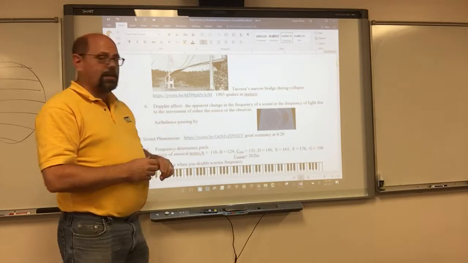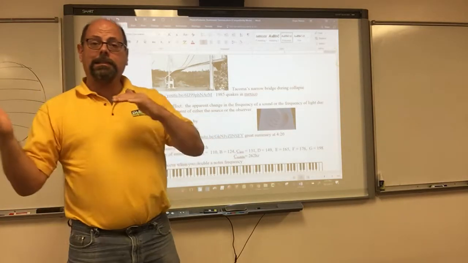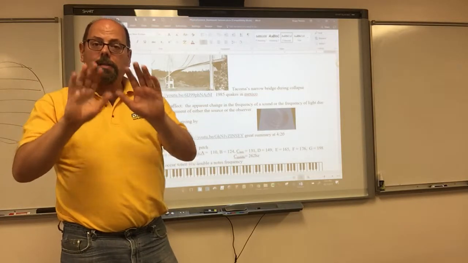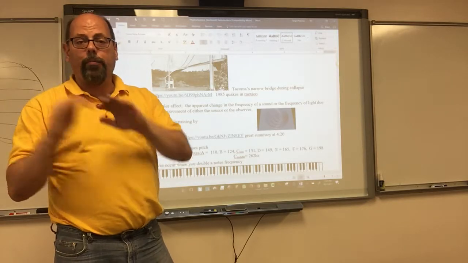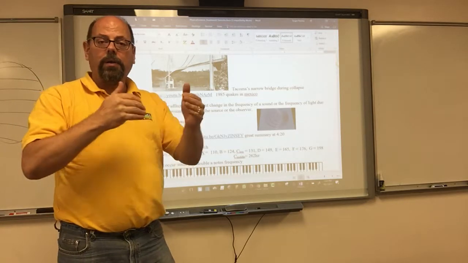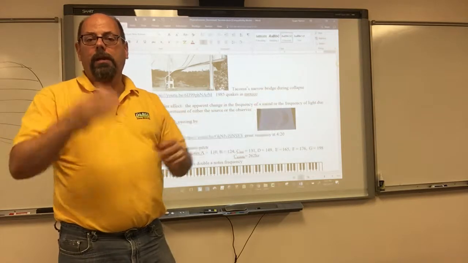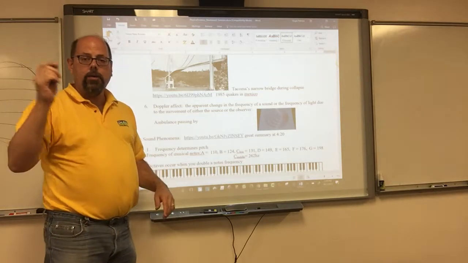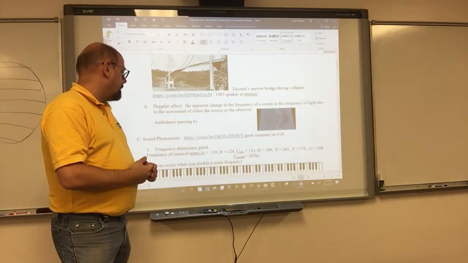Now, you see this all the time if you're a fan of racing. As the cars come by, the sound of their engine is high. As it's coming towards you, it has a higher sound to it because the vibrating engine is making it sound like a higher pitch. And as it passes you, between every wave, it's actually driven further, and so it makes the waves farther apart and makes it a lower pitch as it passes. Or an ambulance that passes. So those are examples of the Doppler effect.